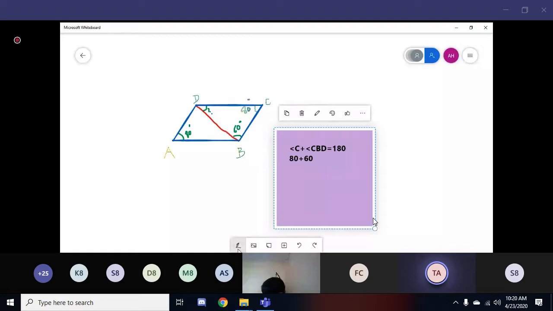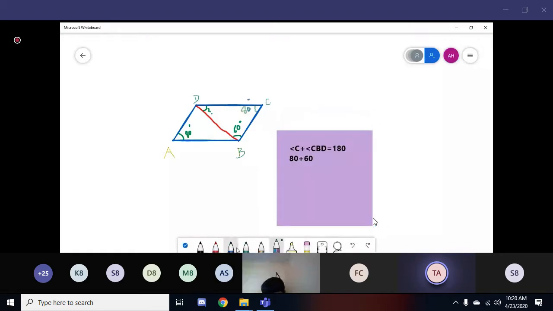Just wait for a while. You need to add this angle also. Let me call this X, because the adjacent angles are supplementary, but we were not given this whole angle. We were given this 60. So we should add 80, 60 and this small portion, which is angle ABD. CBD plus angle ABD. Let me move on to the notebook.